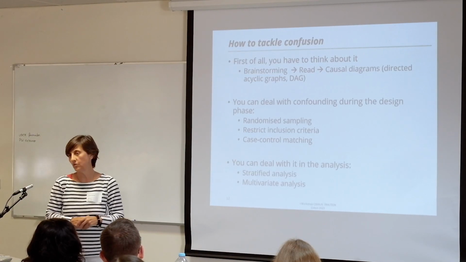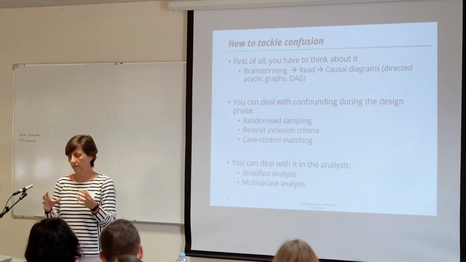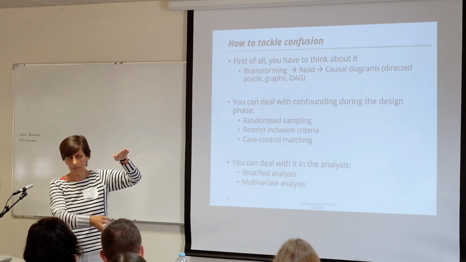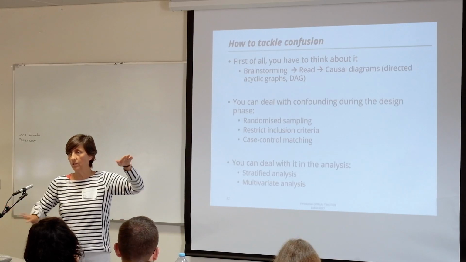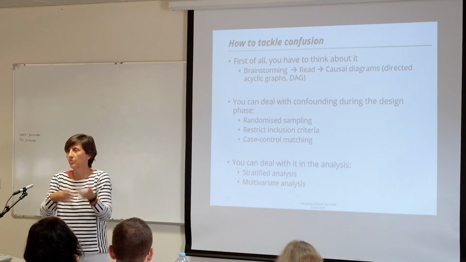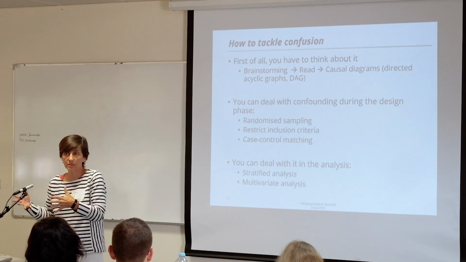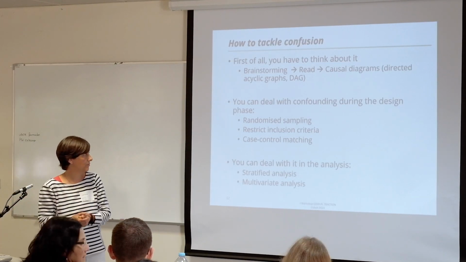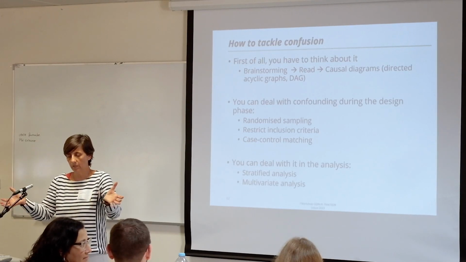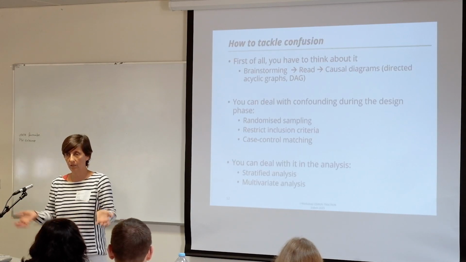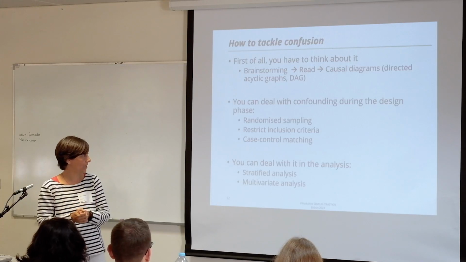You can also restrict the inclusion criteria. That way, if you have the list of confounding factors, you can use them to restrict your sample to the ones that will not get these things in the middle, right? If you do not include people with cardiac problems, then you will not get differences, right? And then you can do matching, only include patients or population that are very similar in all the groups, like you just match them on things that make them similar.